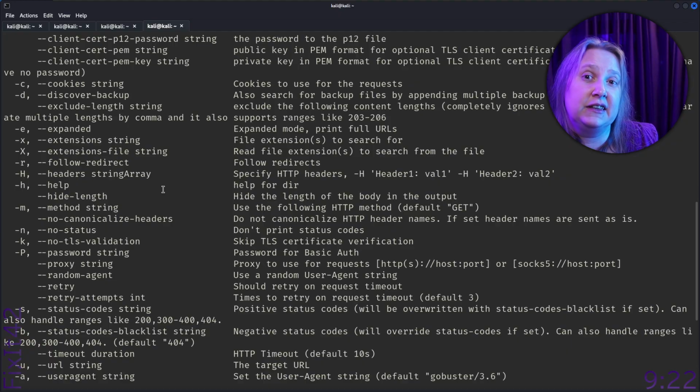I did proxy GoBuster through Burp. That's what I did, and it worked great. It just took forever, but I got all the information into Burp. That's kind of nice. But at 50, I think I got lots of thousands of information.